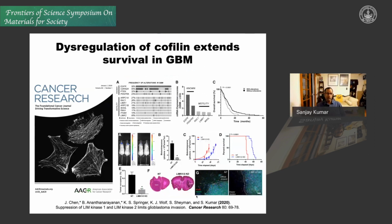So finally, to bring this full circle with GBM, as I mentioned, one of the key regulators of cofilin is this protein LIM kinase, which turns cofilin off. And so you might wonder whether manipulation of this cycle might influence the progression of GBM in tissue, if indeed the system is important for confined migration. And so we did that experiment. We knocked down the two isoforms of LIM kinase 1 and LIM kinase 2